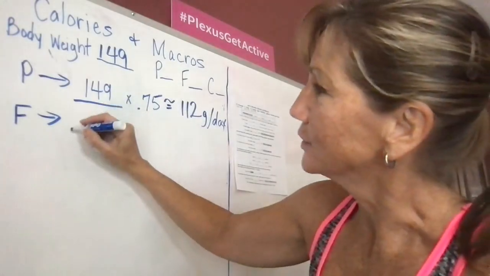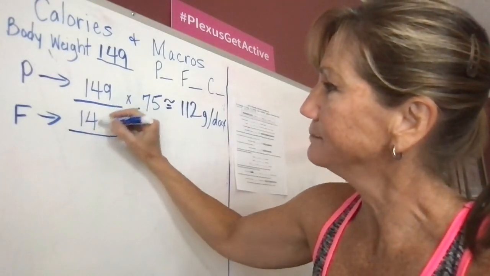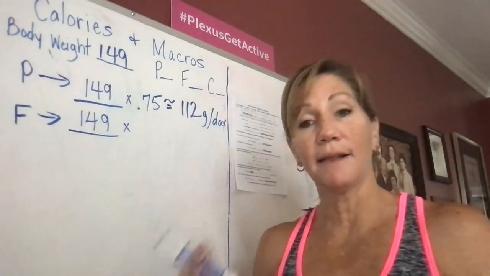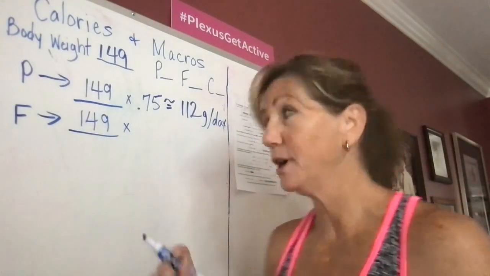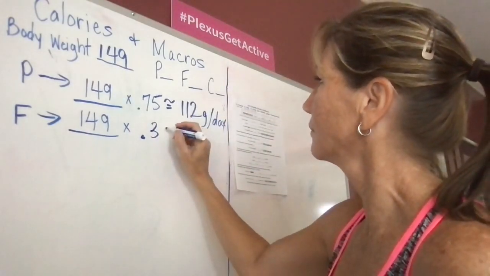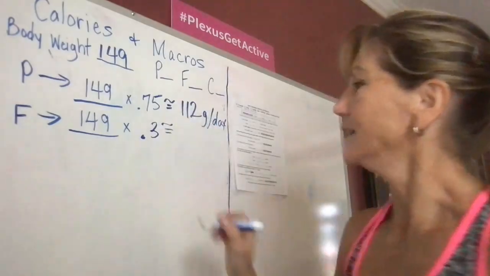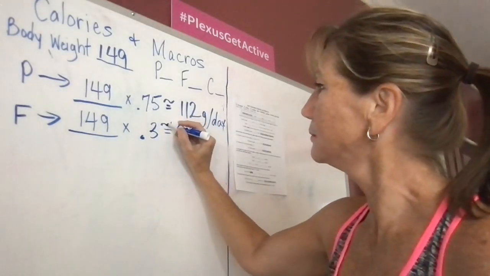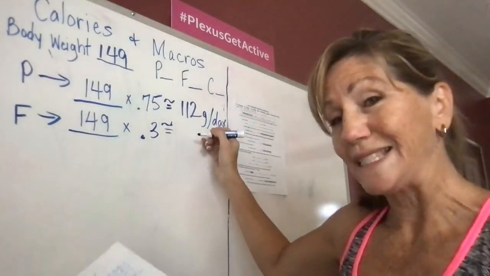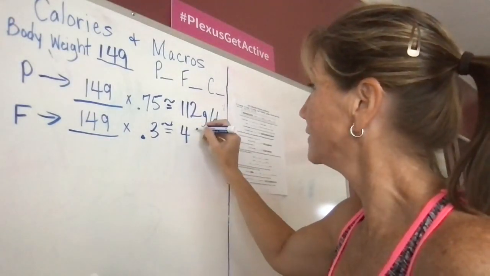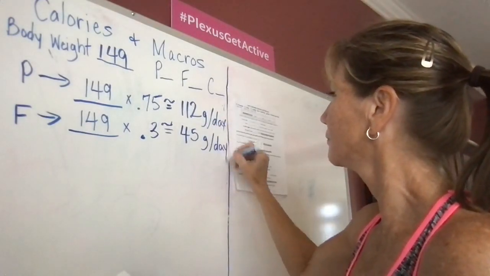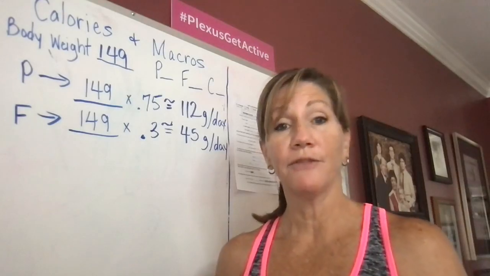When I want to figure out my fat grams, again, we're going to use our body weight. So I'm going to put in my body weight. This one, we're going to be eating a lot less, so we're taking a smaller number, which is 0.3. And to me, that's about 44.7. So I'm just going to go up to 45. So 45 grams of fat a day,